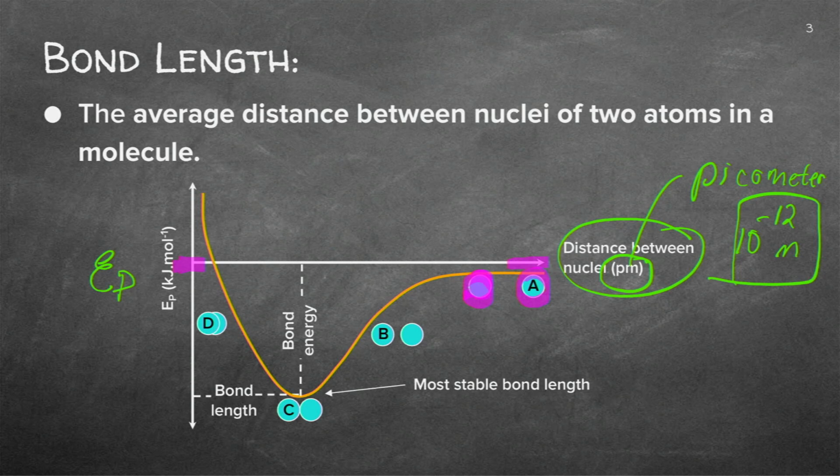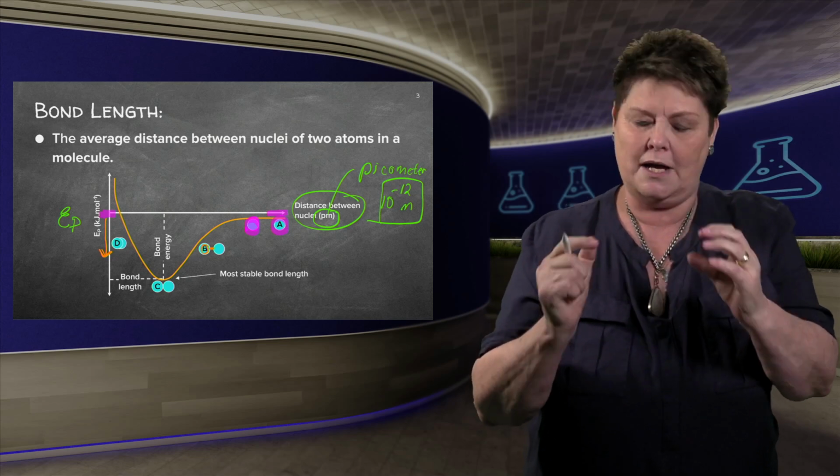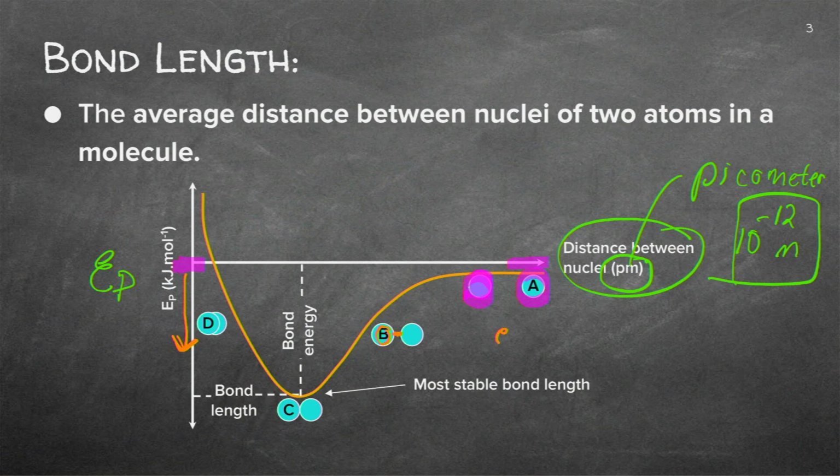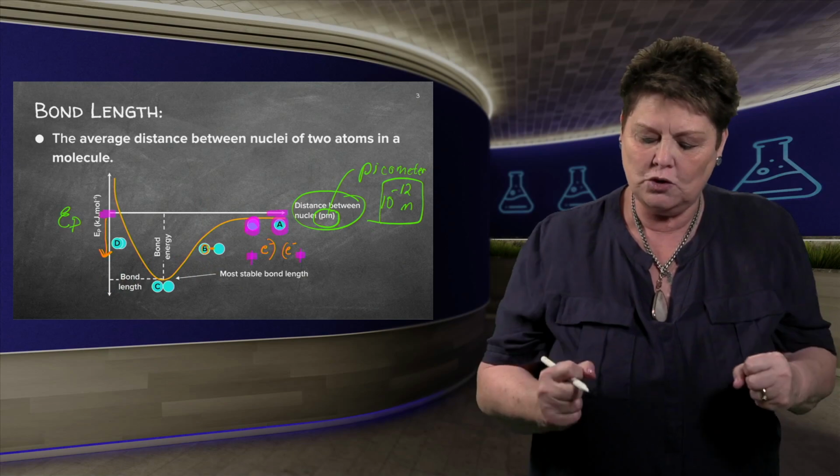As they move nearer to each other, can you see here at position B? They are a bit nearer to each other. Now at position B, they will have a little bit less potential energy. Now they are generating some energy because I'm pushing them. Now in your mind, you have to see I'm pushing electrons nearer to electrons because that's on the outside of the two. I'm also putting the nuclei, which is positive, nearer to each other. So can you see I'm actually energizing these two atoms?